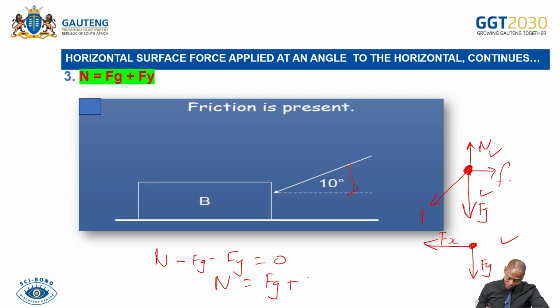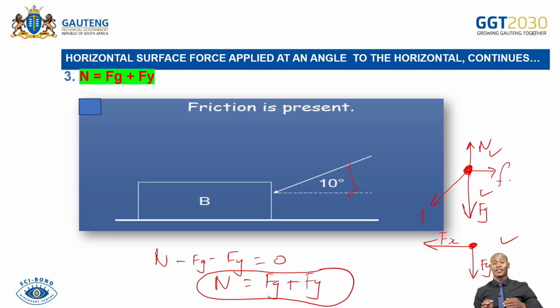Fg plus what? Plus Fy. That is very, very important. Okay? So we are dealing with what? Object on the horizontal surface. Single object on the horizontal surface. We started with what? With the stationary object on a rough horizontal surface, right? Stationary object on a rough horizontal what? Surface. Normal force being equal to